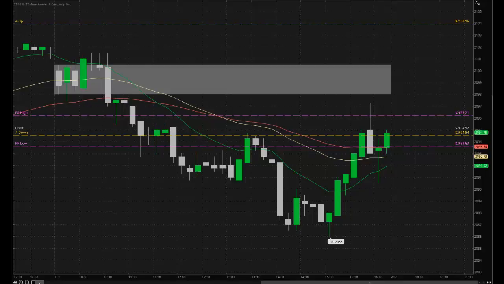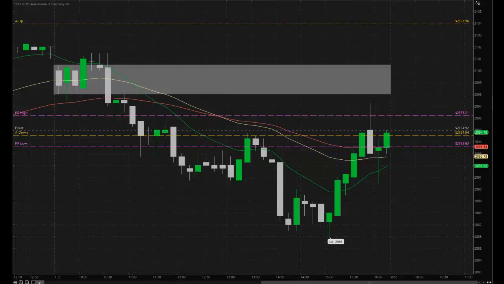Okay, so that's the plus days and minus days. Also, one other thing I want to tell you about plus days and minus days: they usually come in pairs, and they usually come back to back. So it would not surprise me at all if tomorrow, today, let me take that back, because today we did not close below the pivot range, so today was not a minus day. So tomorrow doesn't necessarily have to be a plus day or a minus day.